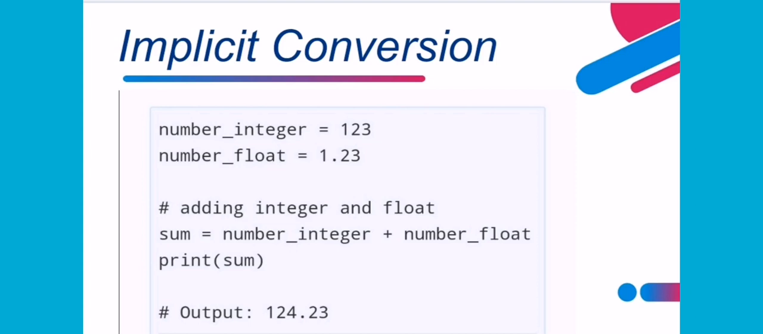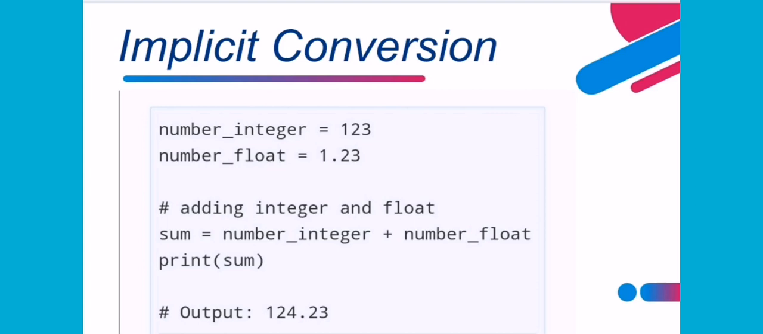It's automatic. Here we can see through an example in this picture. We are using two variables, number integer and number float. 123 is stored in number integer and 1.23 is stored in the number float variable. Here there is an expression, sum equal to number integer plus number float, and now print sum. When we run this program, its output is